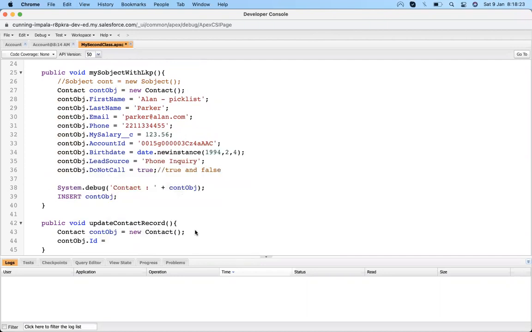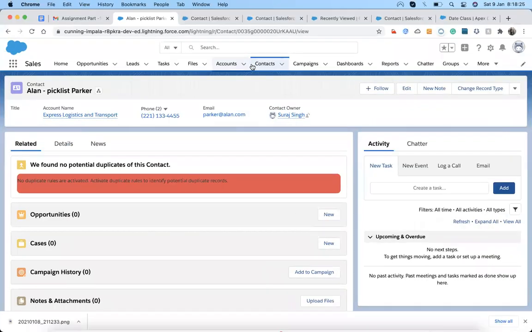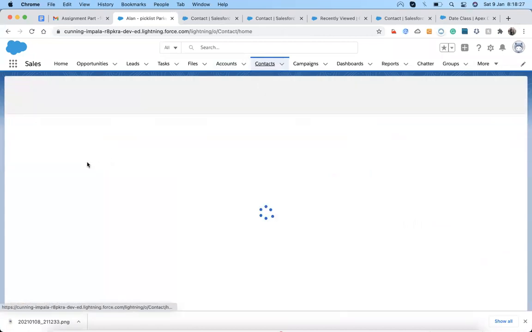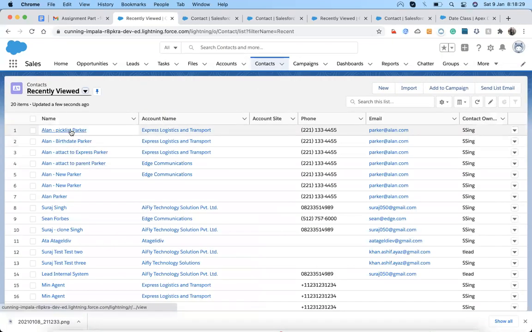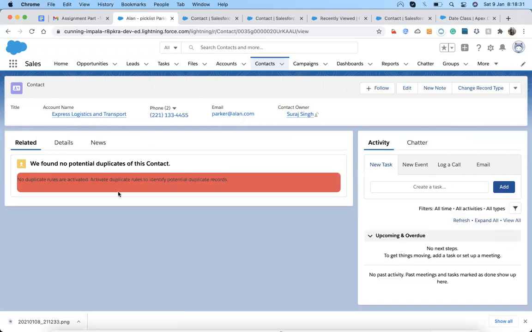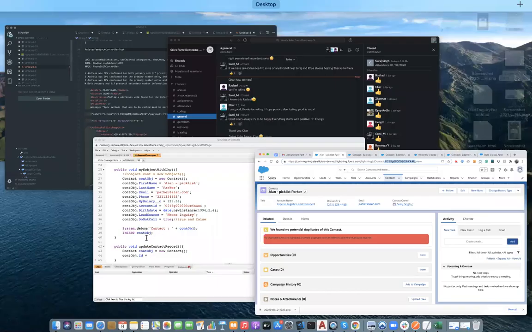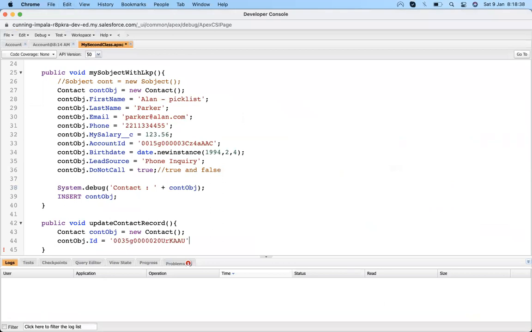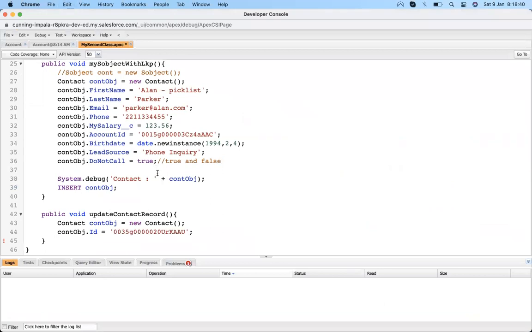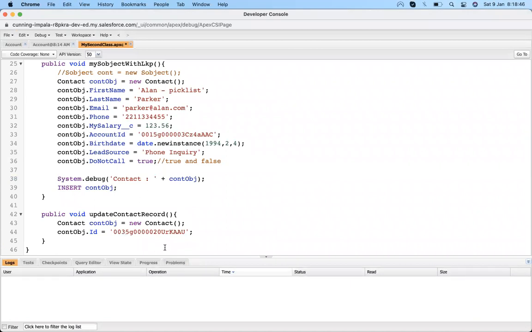Suppose I need to update this contact. I will come up here, copy this ID and then paste it up here. Now that I've created an instance, it comes in a mode that it's able to update.